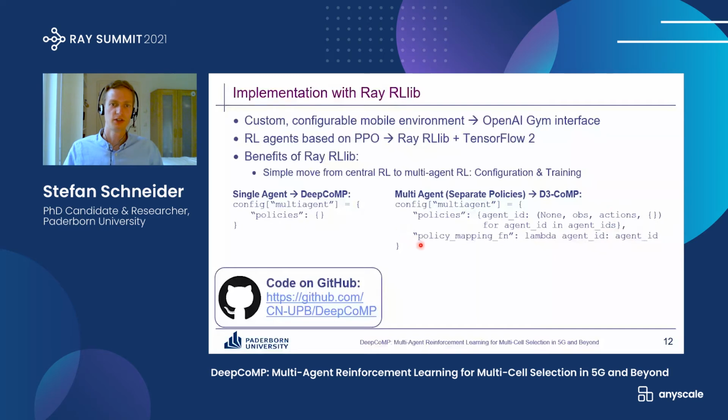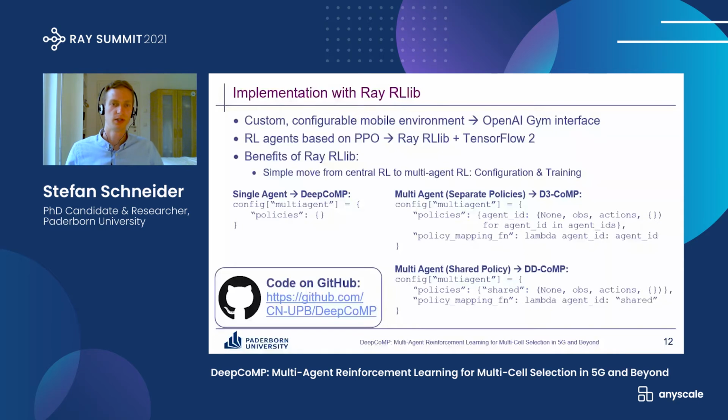And I then also have to define the policy mapping function. In this mapping function, I simply assign a separate policy for each agent based on the ID. It's also very simple to configure this DDCoMP approach where I have a shared policy, at least during training. And here, instead of iterating over all agents, I simply define a single policy that I called shared, but I